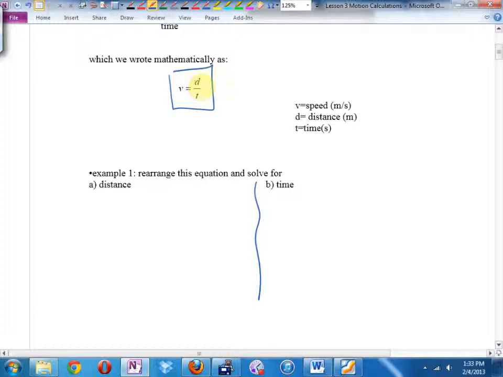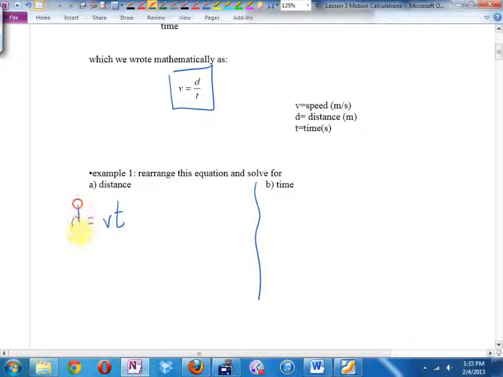Well, to solve for distance, I would like to get the letter D by itself. How would I do that? I need to get rid of the T. What's the T doing to the letter D mathematically? Adding, subtracting, multiplying, or dividing? Dividing? What's the opposite of dividing by T? We're doing our equation solving review that you've done. Multiply. Yep. To get the D by itself, you'll take that V, you'll multiply it by T,